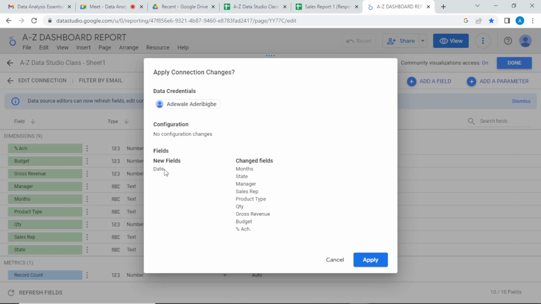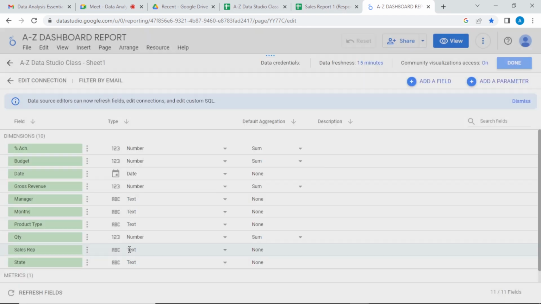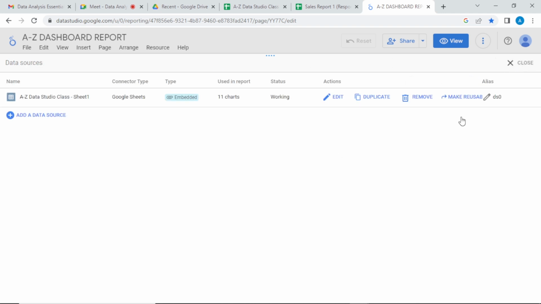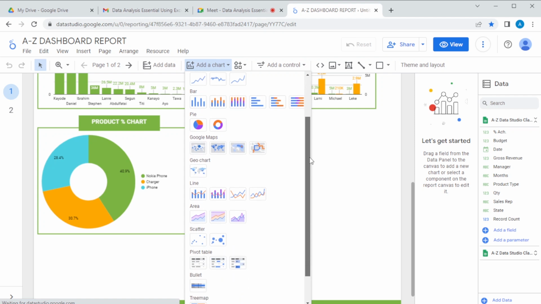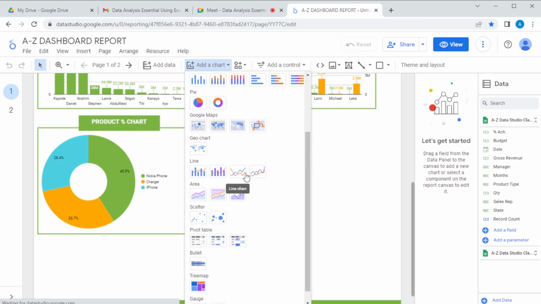Now we now have dates. Let's apply. Now let's see, do we have dates here? Now dates is back here. So far we have refresh and update. Then you say done. Then what you want to do is to go to your data chart, look for a line chart. Let's pick this,